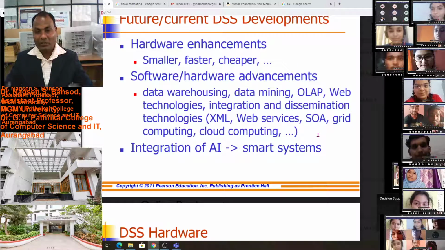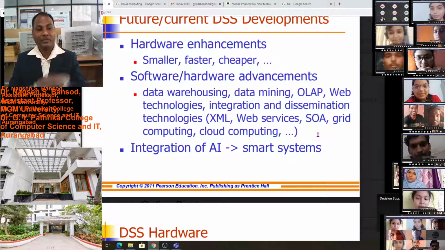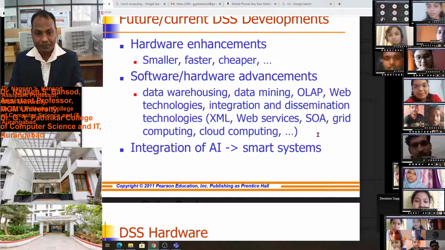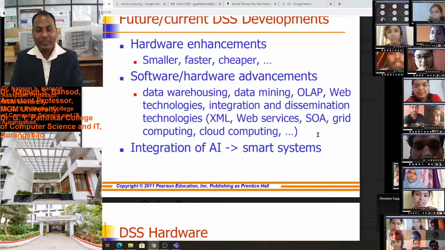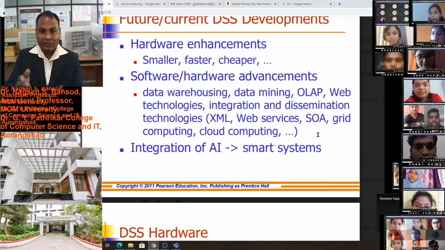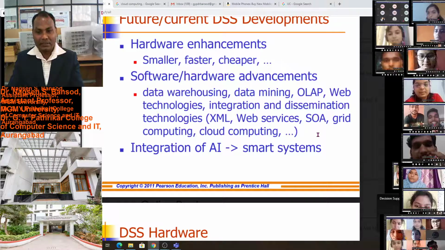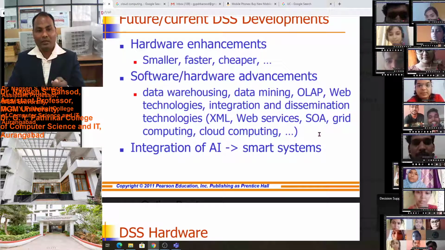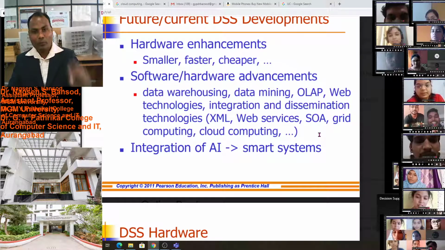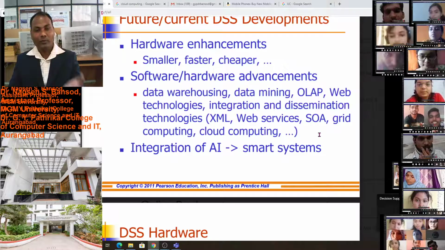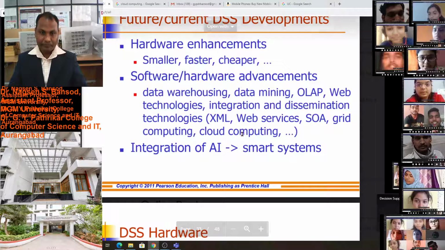We use the computer for programming purposes, but that person will use the computer for their problem solving activity. So we have to design the specific architecture, service oriented architecture, SOA. This is also the future trend of the decision support system.